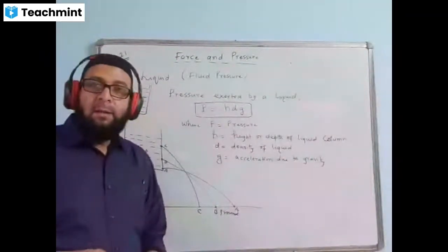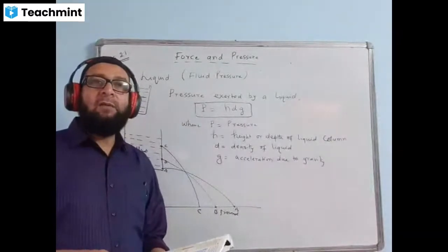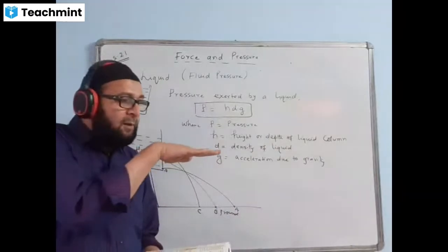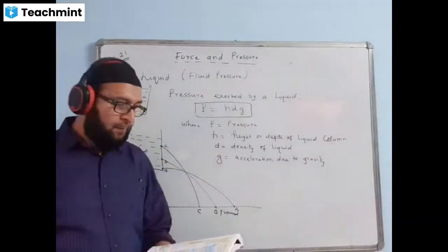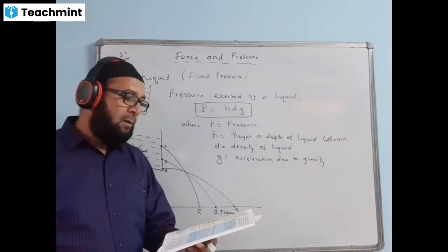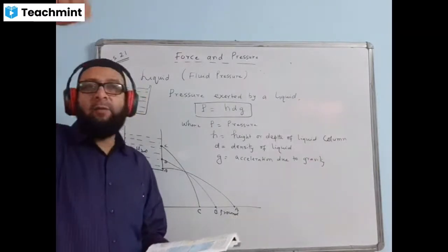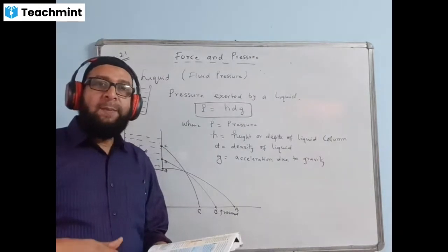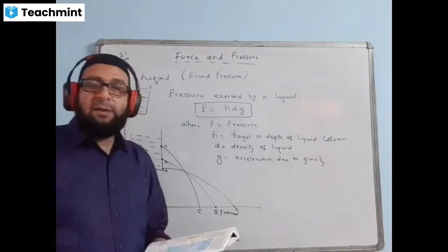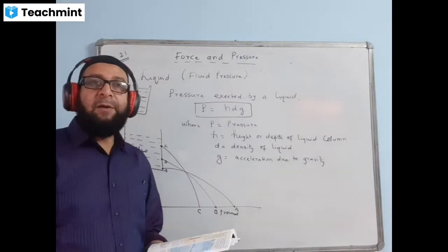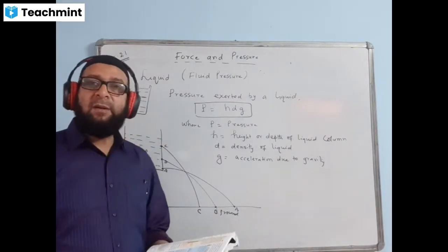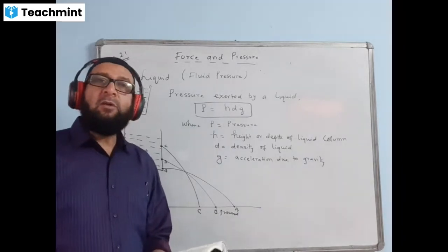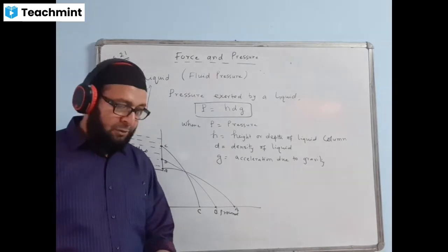All right. And liquid seeks its own level. When you have a free liquid surface, the liquid surface will have the same level everywhere. In this diagram, they are showing different types of containers and they are pouring water from the top. So water will be distributed in all the containers in such a way that the liquid level will be the same everywhere. Liquid levels will be the same throughout. So this is also the property of liquid pressure.